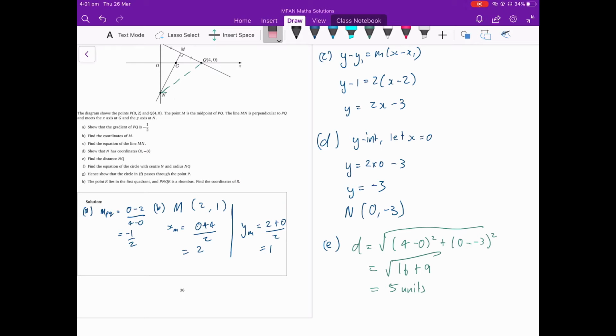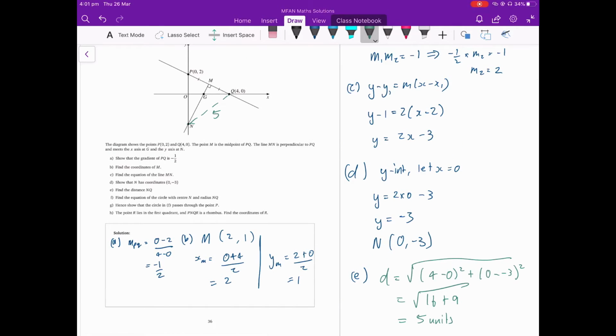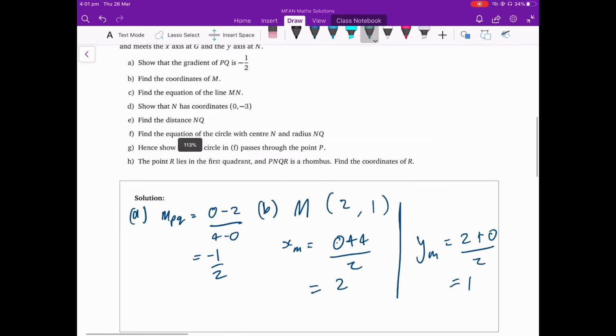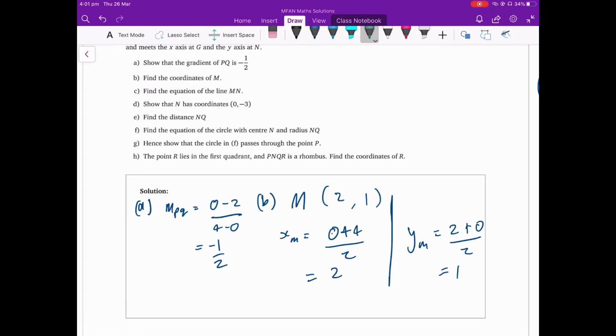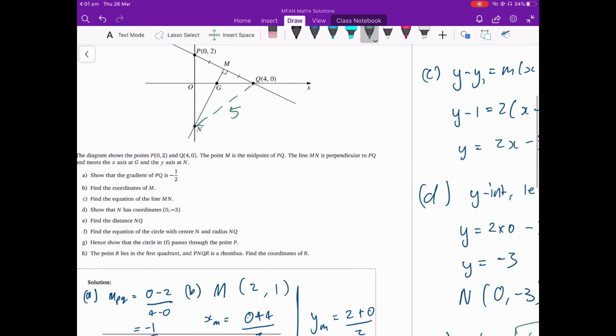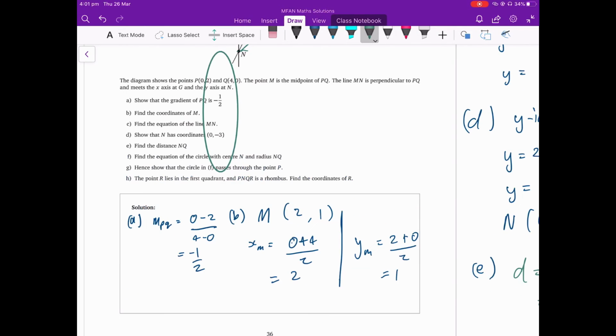Let's just write that in, because as I said in the previous example, these things often end up being significant later on. So question F. Here we've got find the equation of the circle with center N and radius NQ. Okay, so that's going to be